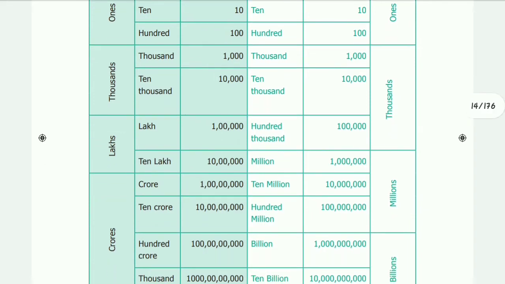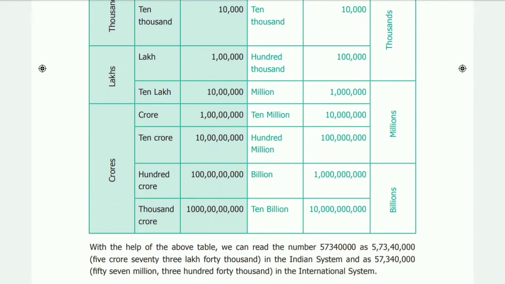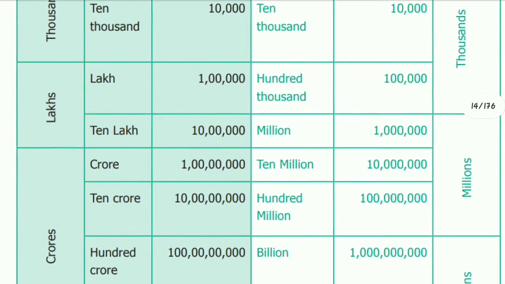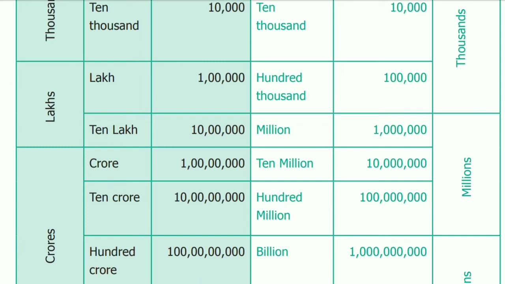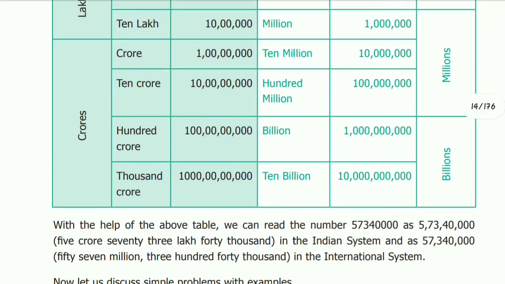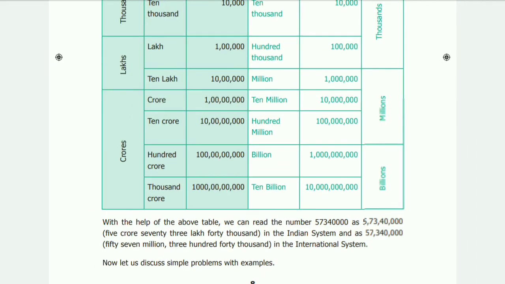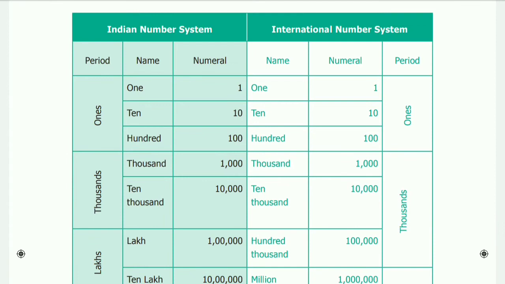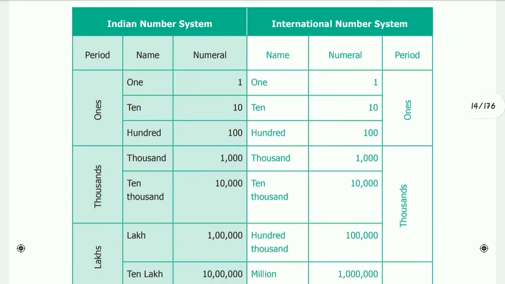In Indian number system, after the 10,000, lakh and 10 lakh, we use commas after the 10 lakh place. And afterwards, crore, 10 crore, 100 crore, 1000 crore, 10,000 crore, lakh crore, it continuously goes on. In international number system, after the 100,000, they are using million and 10 million and 100 million. After that they put one comma, next billion, 10 billion, 100 billion. Up to 6th standard, you study only up to 100 crore or billion or 10 billion. The large numbers you will study in 7th and 8th standard. The table shows the difference of commas used in Indian and international number system.